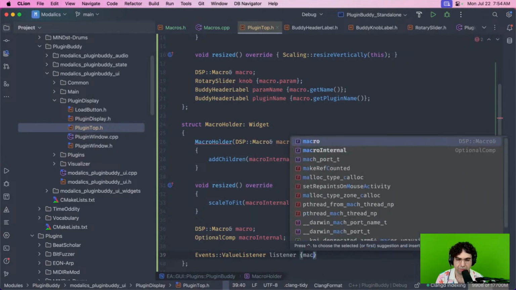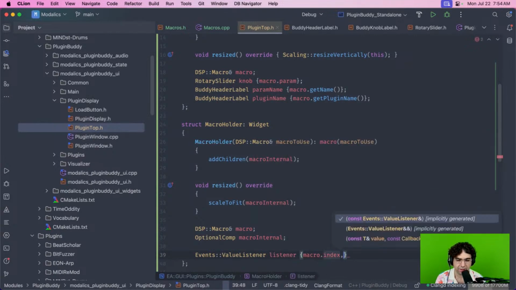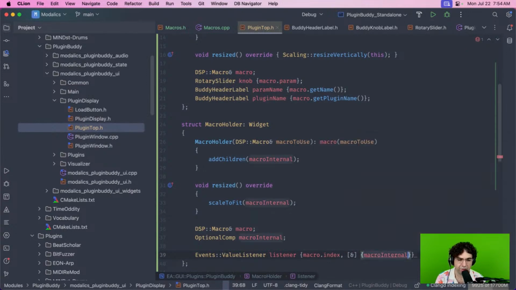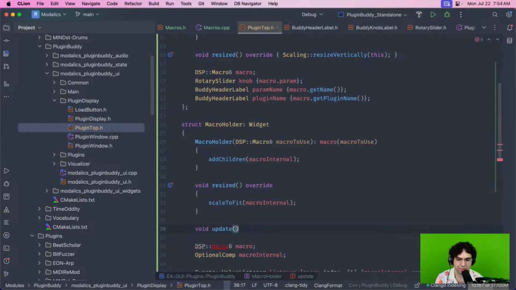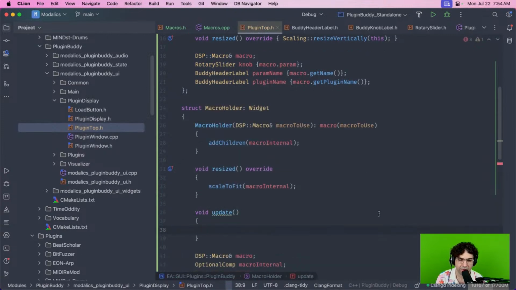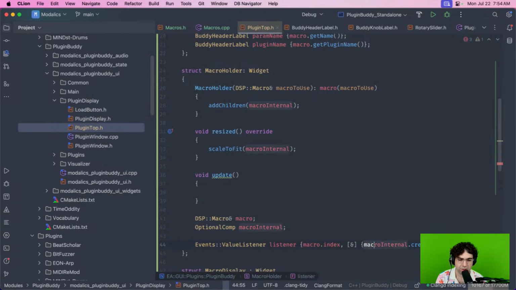It would listen to macro index, and then we'll just do macro internal dot create. Let's just do an update. This would be better, a function with a name. And this would do create